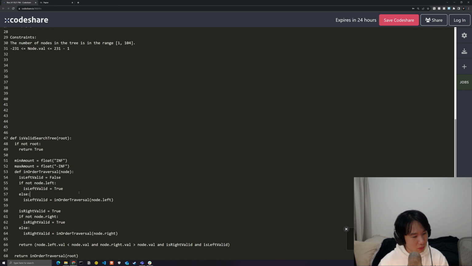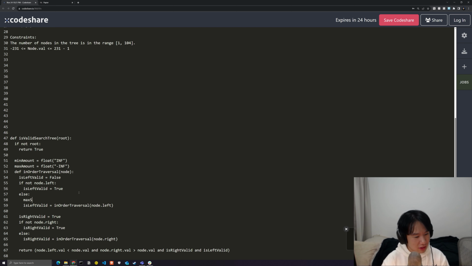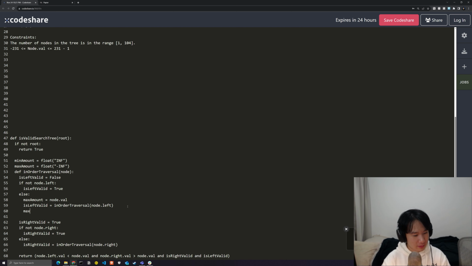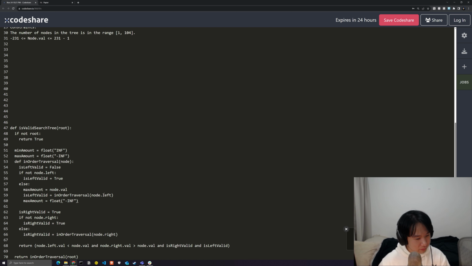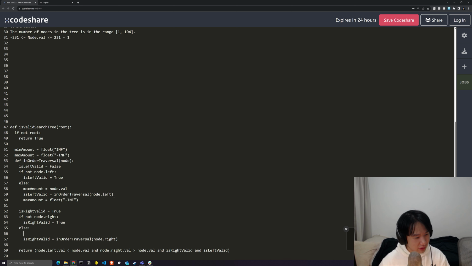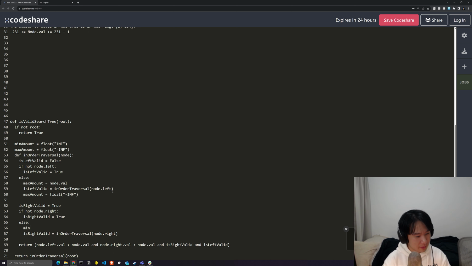So at this point, we want to set the max amount to be the current value, node.val, before performing is left valid. After you do that, you want to reset the max amount back to its default value, the negative inf value. Likewise, for is right valid, you want to check the min amount. You want that to be equal to the node